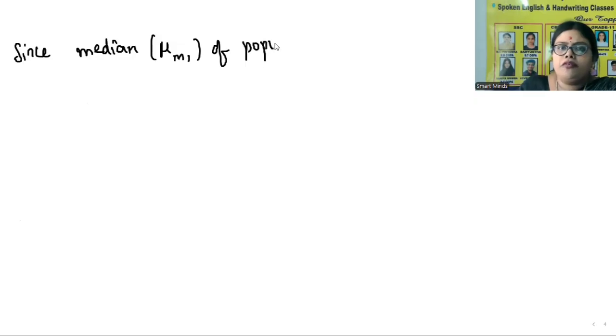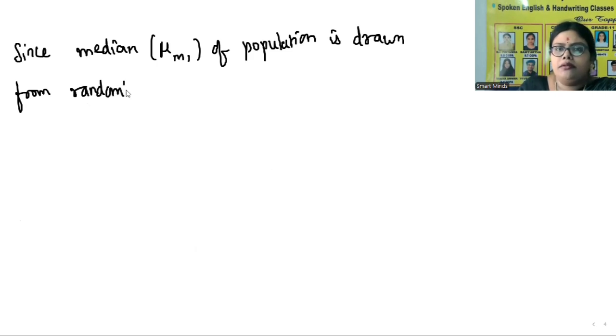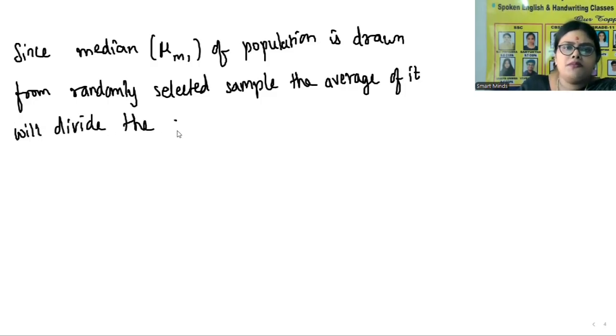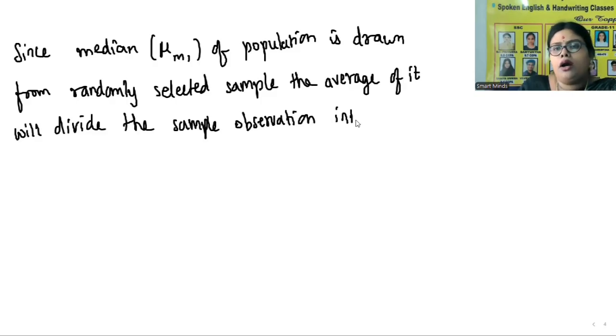Since median of population is drawn from randomly selected sample, then the average of it will divide the sample observation into two halves,